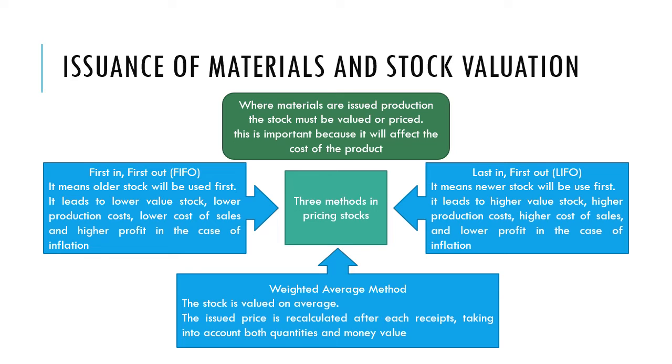Okay, the second method is last in first out. It means newer stock will be used first. So whenever the storekeeper wants to issue material to the production department, they will use the newer stock, not the older stock. That's what is meant by last in first out. So this method leads to higher value of stock, higher production cost, higher cost of sales, and lower profit